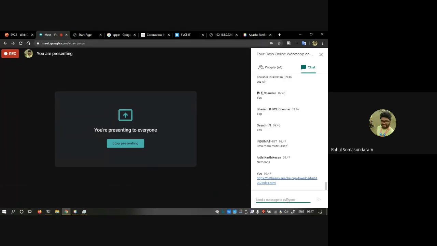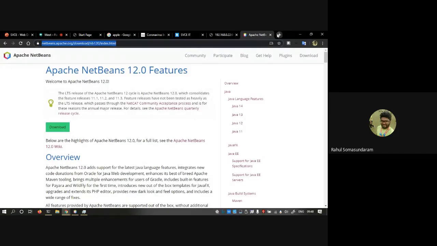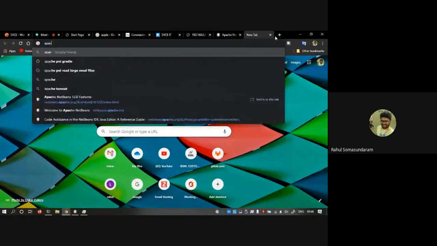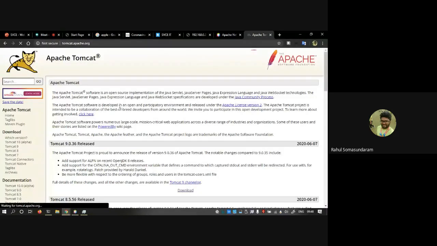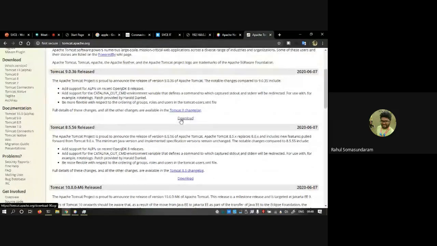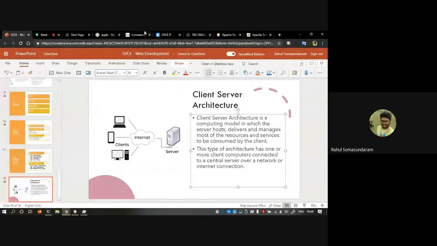You have to install it and open it, and it will take a few minutes to download other dependencies also. You can also download Tomcat. So Apache Tomcat you can download.